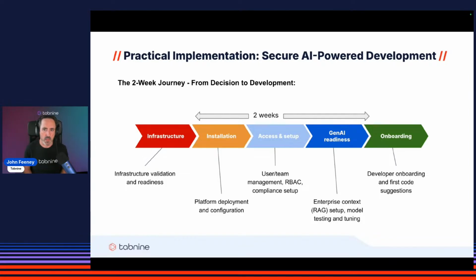You can move quite quickly with this. And so the first activity in the first couple of days is infrastructure validation and readiness. Here we're either building from scratch, or if you already have the infrastructure, we can use that as well. We're validating that the Kubernetes cluster is ready, the GPU nodes are properly configured, and that your compute meets the requirements. We also provide automated validation tools to check storage performance, application performance, the network configurations, and so on. And by the end of this first stage, we'll have confirmed that your environment is ready, or we'll have identified if there's anything that needs adjustment.